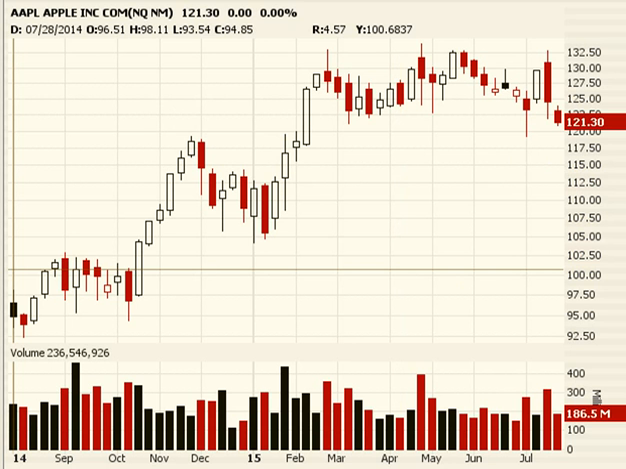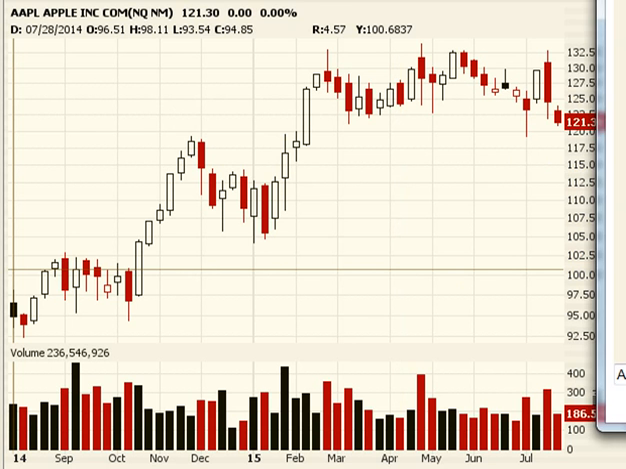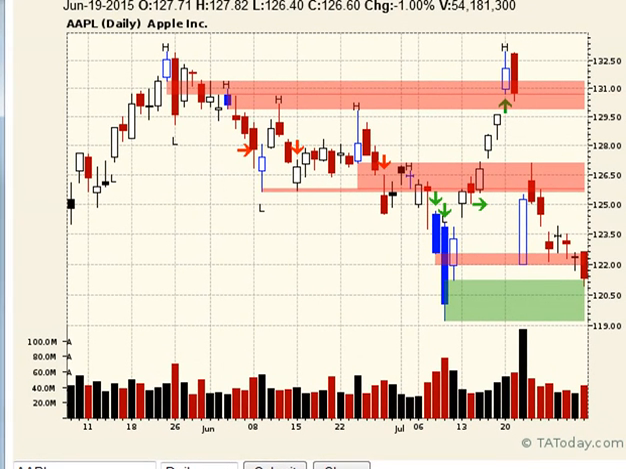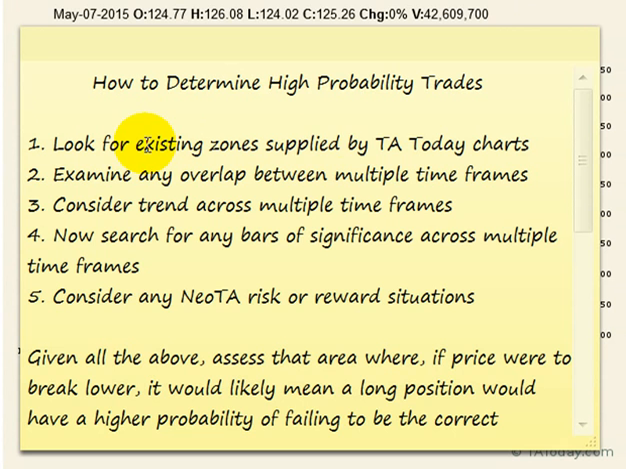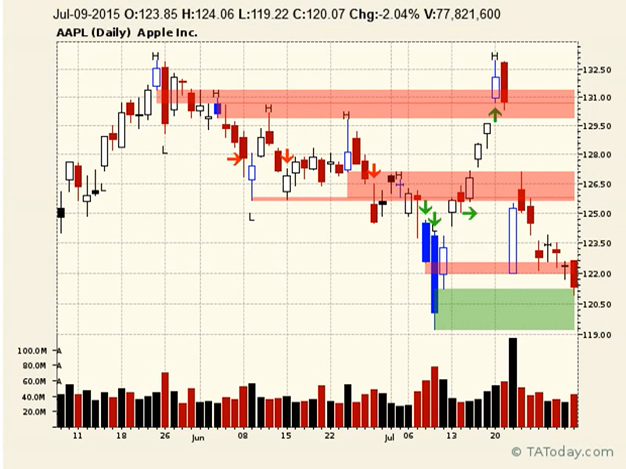So let's pull over the TA Today charts and see how it stacks up there with all of the markings that you're provided with that you can look at. And what should you be looking at? Well, again, you want to look at the existing zones supplied by these charts. What are the existing zones? We have resistance now here because we broke under it, and we have support in this area, and note that